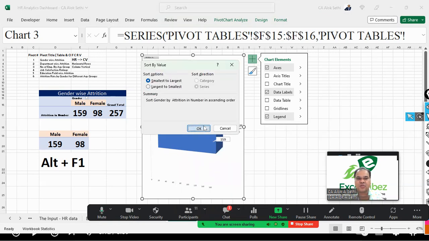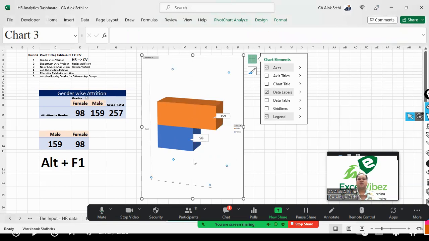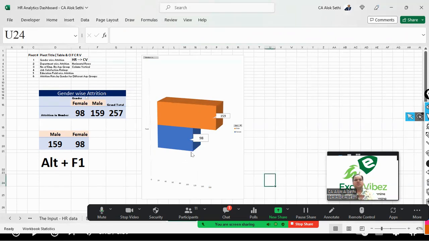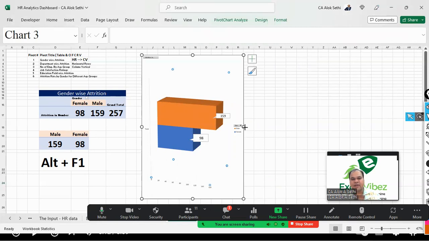Largest to smallest you can do. तो ये देखिए, ये हमारा चार्ट सॉर्ट हो गया है। ठीक है, तो ये 3D चार्ट बन के आया है। If you want to change, you can put the title, तो हमें टाइटल अगर चाहिए तो हम टाइटल रख सकते हैं, ये सब आपको ग्रिड लाइन चाहिए, टेबल चाहिए, ये सब आप कर सकते हैं। So this is how a chart is created in